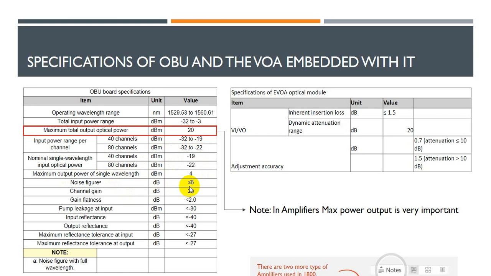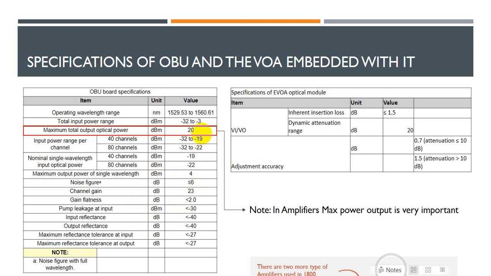The noise figure is less than or equal to 6. Channel gain is 23 dB. This is the OBU specification, OBU board. Gain flatness is less than 2 dB. Means the